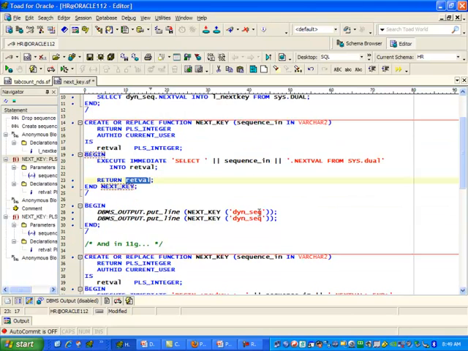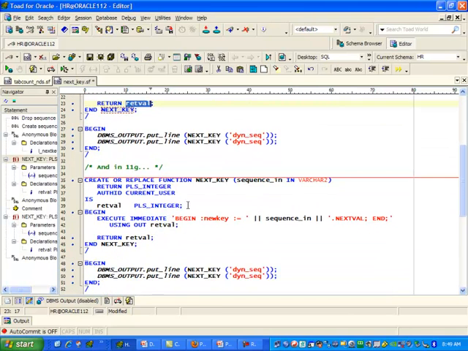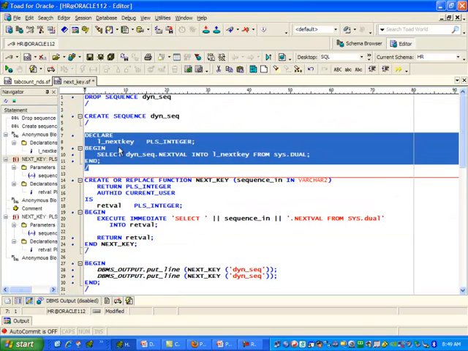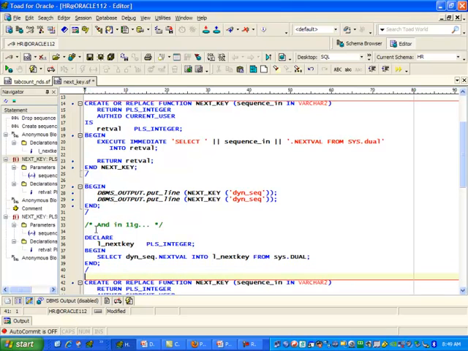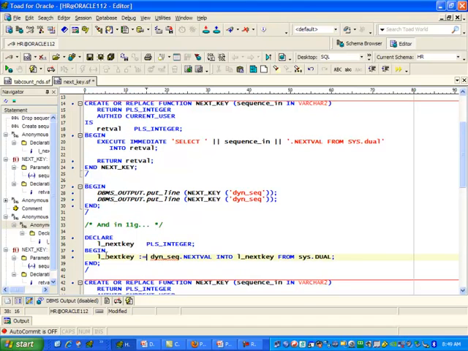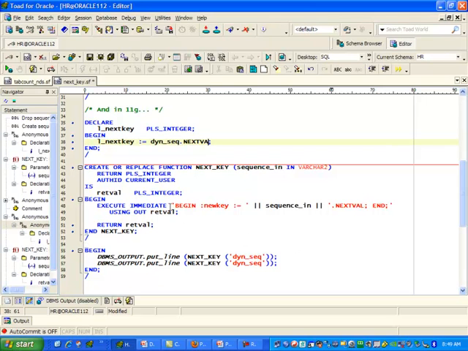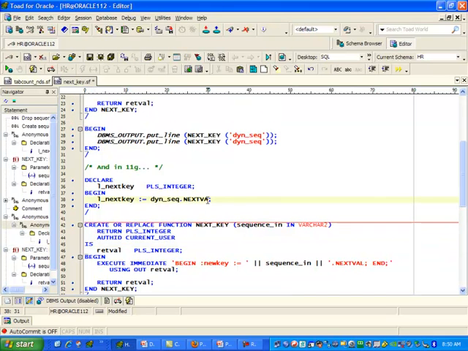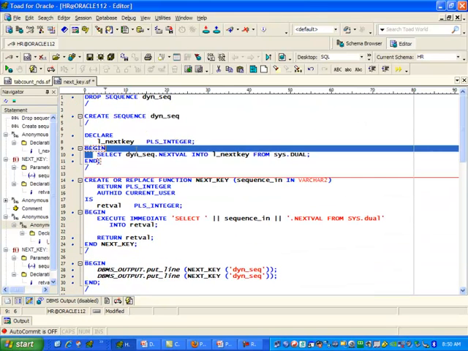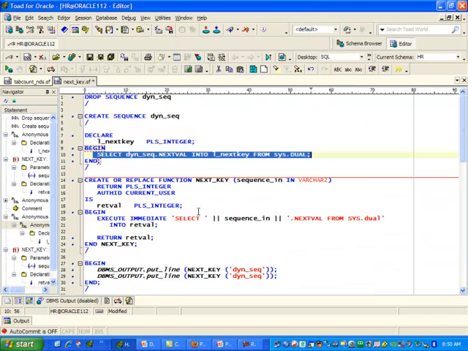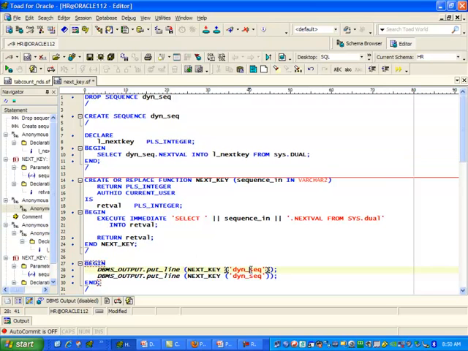And in Oracle 11.2, I can even do a direct assignment. So in 11.2, I no longer have to do a select from dual. I could do something like this. The next key is assign the value of dyn sequence.nextVal. And I can do that dynamically as well. This is an example, by the way, of dynamic PL/SQL. But in any case, all these variations will work. And if you're not on Oracle 11 yet, you certainly can't take advantage of this syntax. You'd have to write your select from dual. And instead of doing that, you could hide the implementation and simply say, get me the next key for that sequence. I run this code,